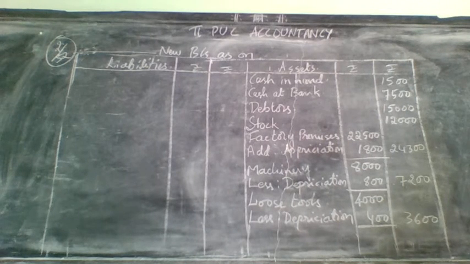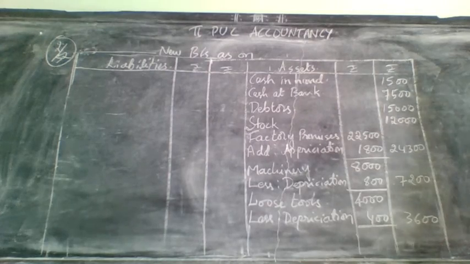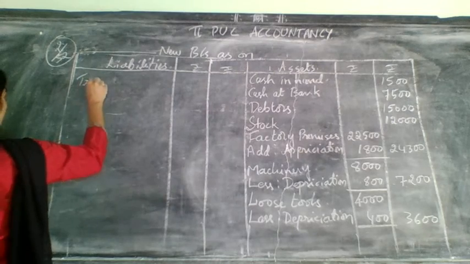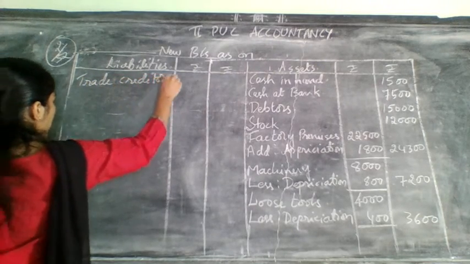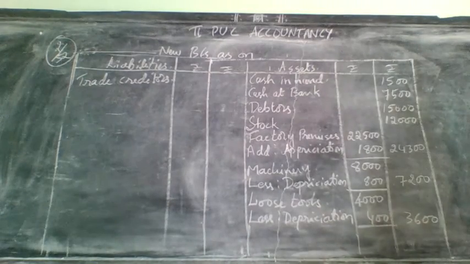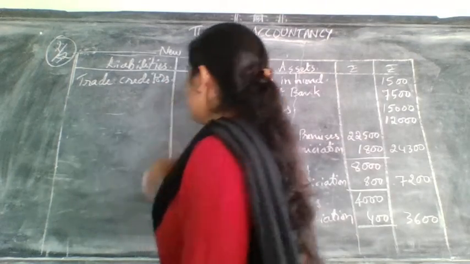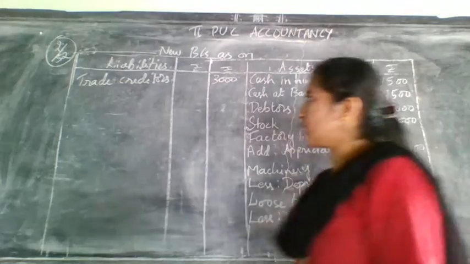Now let us come to the next one. Which is the next one? We need to come to the liability side now. Liability side one by one we will take. First one will be trade creditors. What is the value of trade creditors they have given there? No adjustment for this. 3,000. Always they will not give adjustment for these. 3,000. Next one, bills payable 4,500.